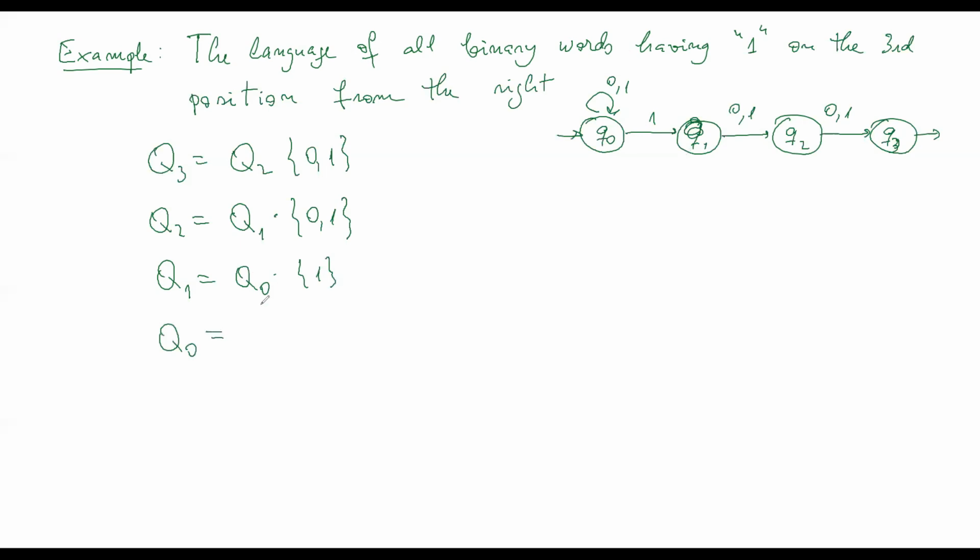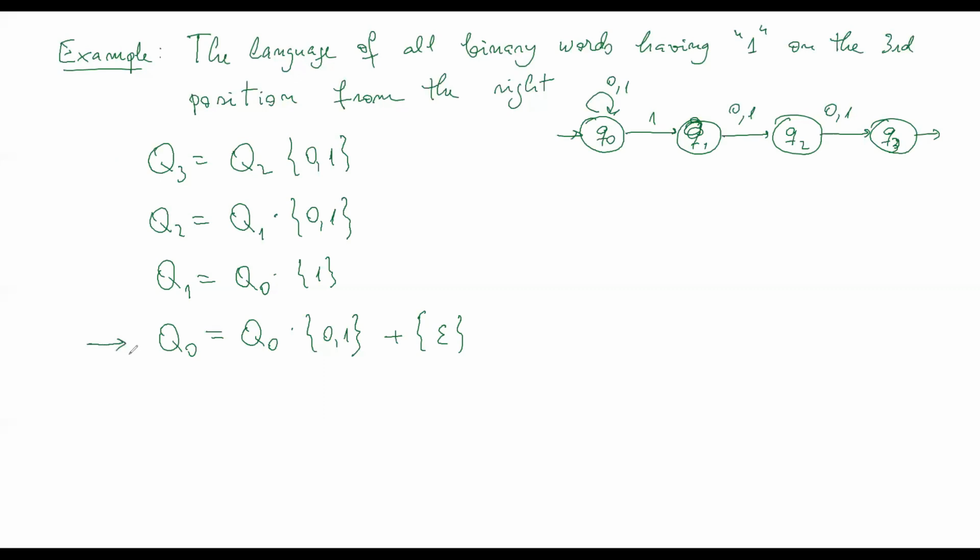And for Q0, to get to Q0, you must have been in Q0 in the previous step. So these are words whose computation led them to Q0, followed by 0, 1. And remember, for Q0, if you want to have computations ending in Q0, you could also just do nothing, have an empty computation, meaning you are accepting also the empty word. So here is how you solve this. For this equation, there is